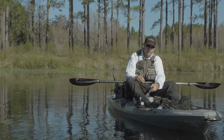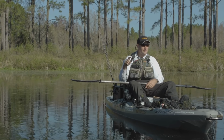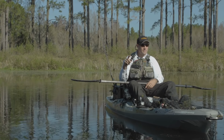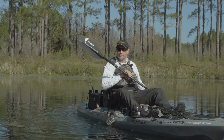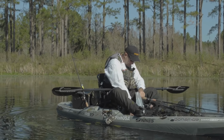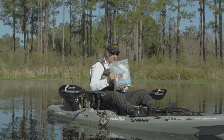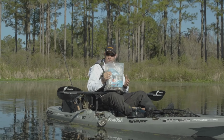The other things I bring, I always have the Boga Grip, because you do come across some fish that have some teeth, so you want to make sure that you can handle those. Like yesterday, we were largemouth fishing here and got into a bowfin, so to be able to handle that fish is important. I always carry a good set of pliers. I have scent that I'll bring, and then I have this bag with a bunch of different things in there, but compared to bringing an entire backpack full of gear fishing, this is fairly